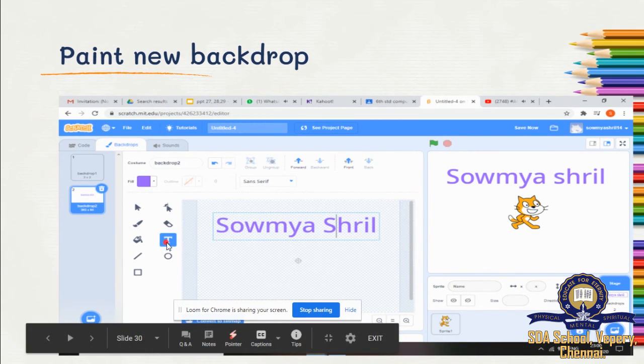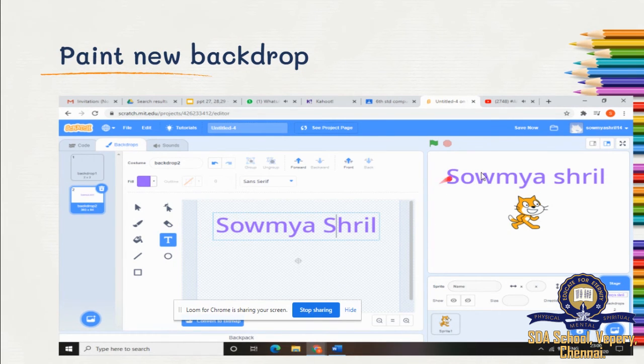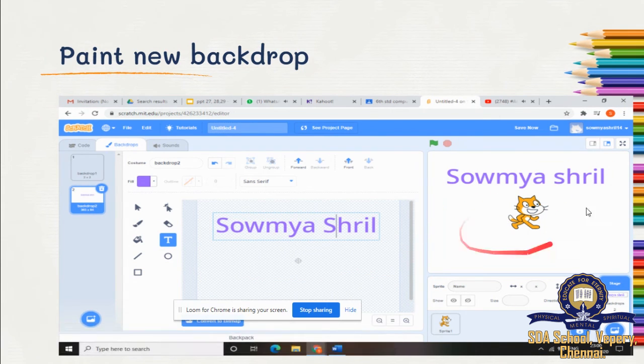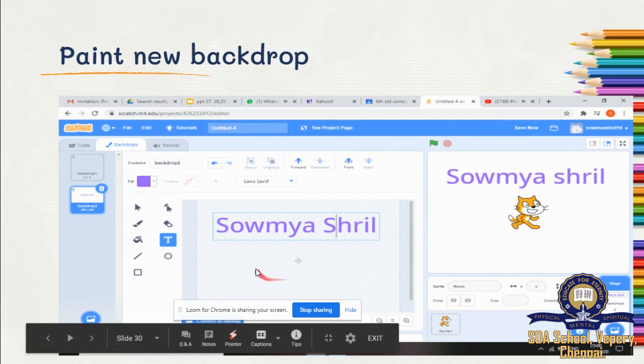So I clicked text, typed my name and placed it here. So this is my painted backdrop. Or you can draw anything. If you're good at drawing, you can use this and draw anything. You can draw a heart, you can draw a scenery and make it a backdrop.